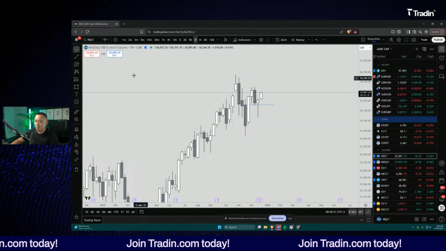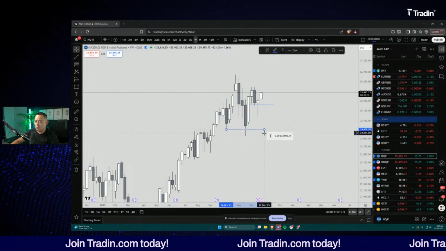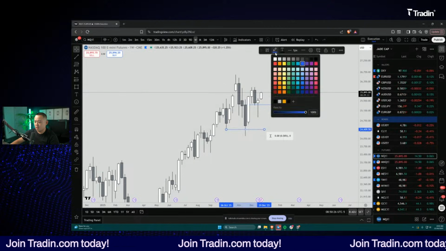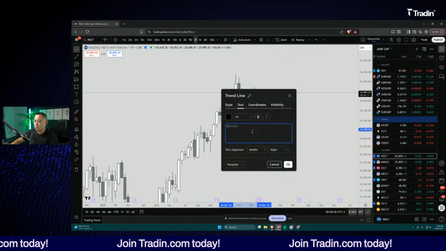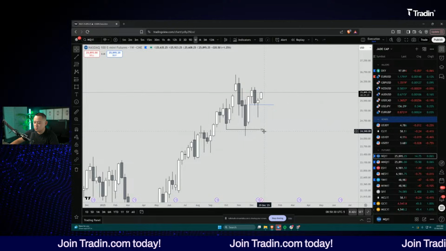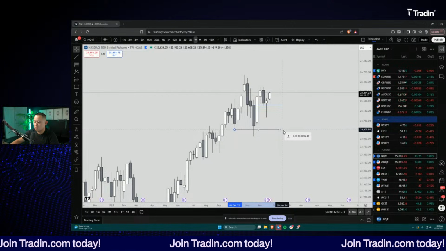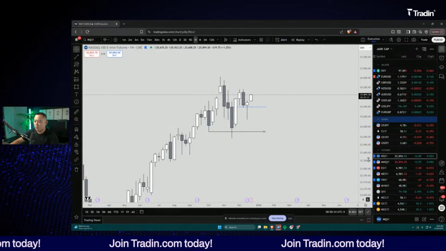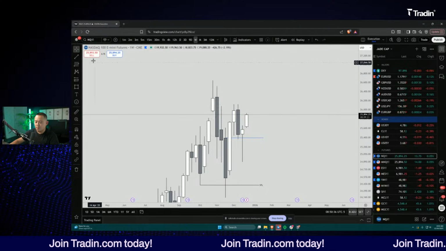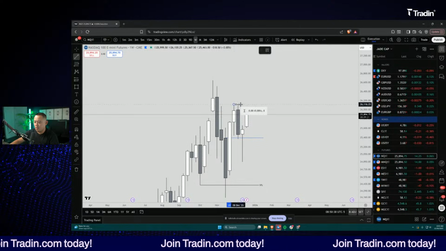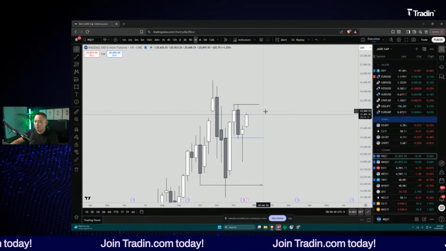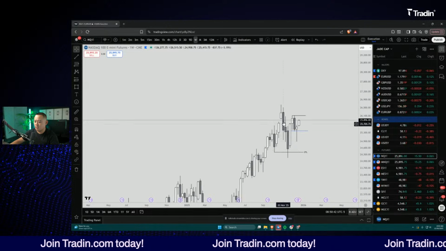We're just taking out short-term liquidity. So these lows down here, this previous monthly low, is just short-term liquidity. And I'm targeting external range liquidity, because if the market is going to go trade higher, it should take out all these highs. If it's going to keep going higher, it's going to take out all these highs.